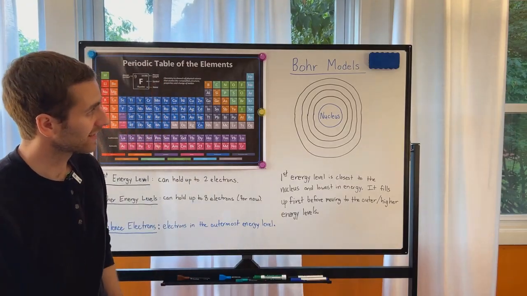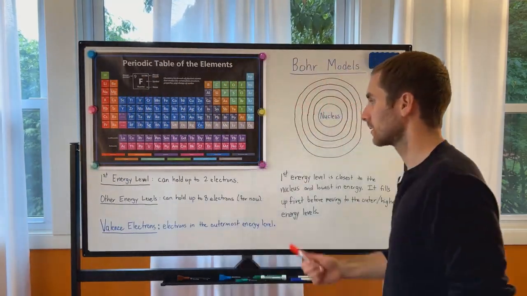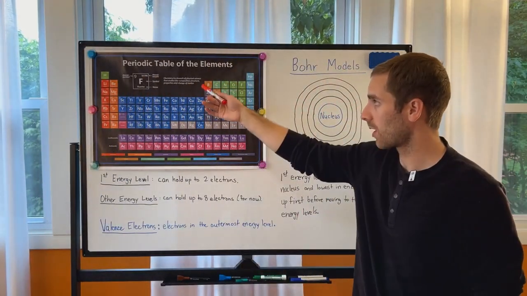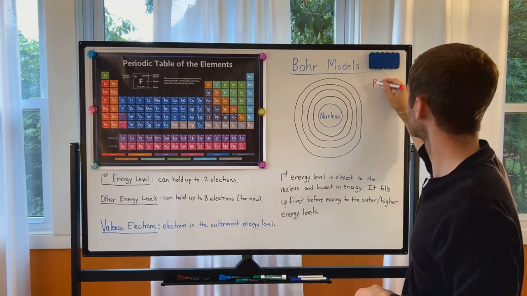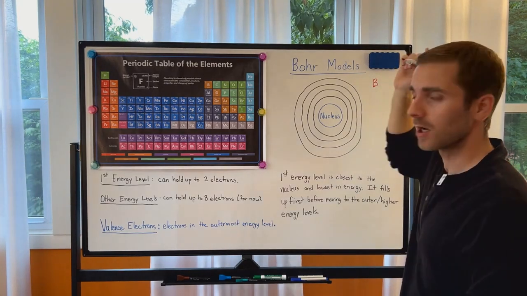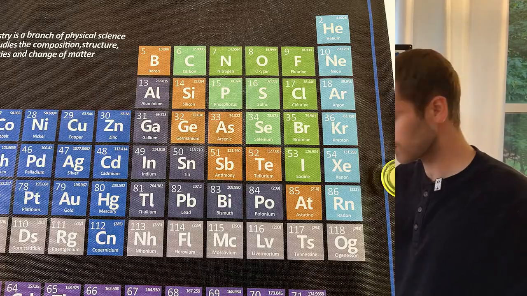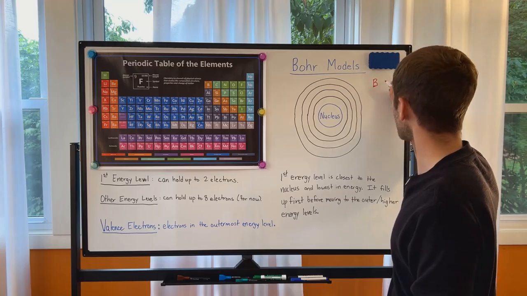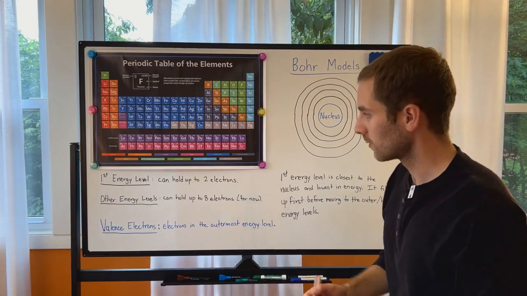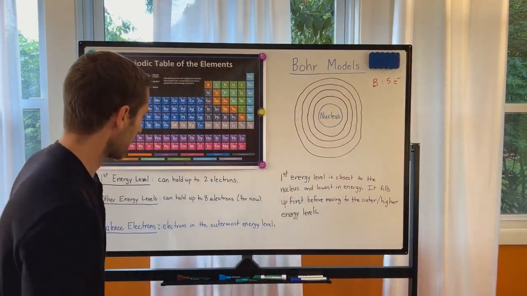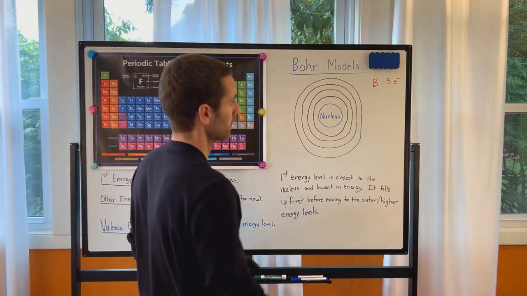Okay, so let's say that we have boron. A neutral atom of boron, atomic number is 5. So if it's neutral, 5 protons, then it has 5 electrons as well. Well, again, we always start with the first energy level, and that can hold 2 electrons. So we're going to put the first 2